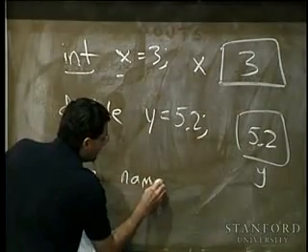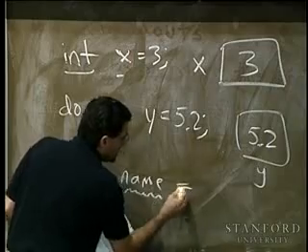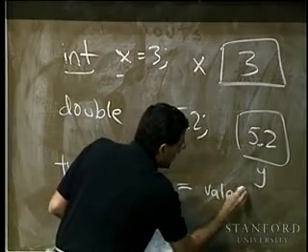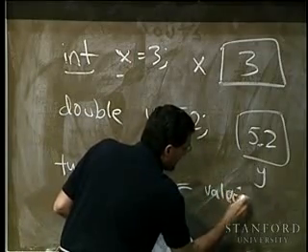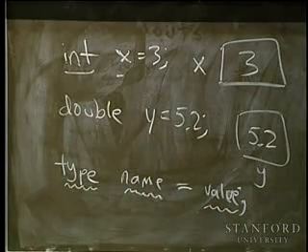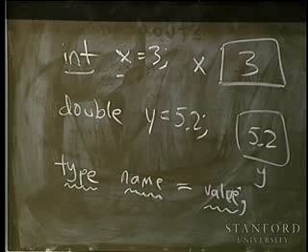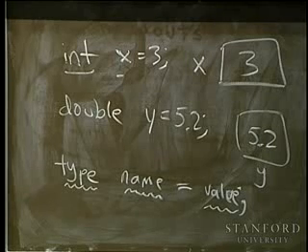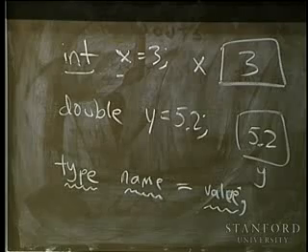The name, and then potentially an equal sign and some initial value, followed by the semicolon. And that's how you do the declaration. And so the question that comes up is, where do you actually make these declarations? And the place you will generally, at least for the time being, make declarations of variables